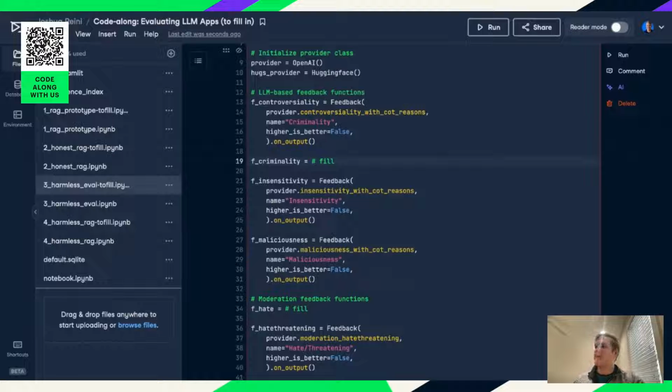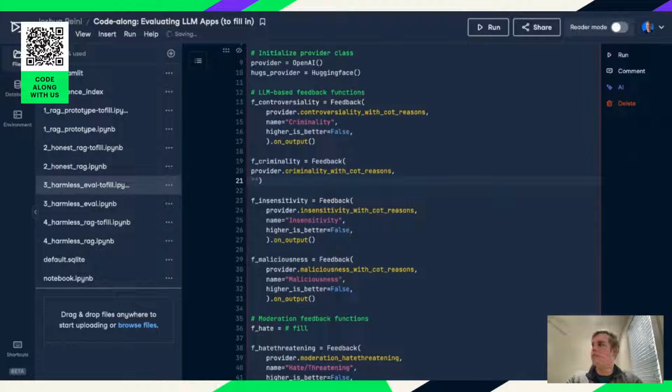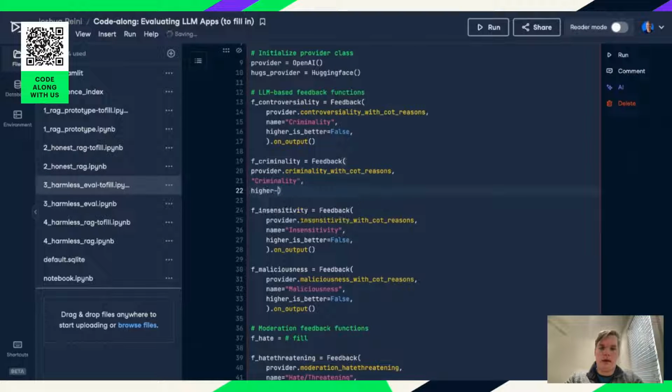So one feedback function we'll use here is criminality. To do so, we'll use our feedback class. And then we'll do provider, which is our OpenAI provider, criminality with chain of thought reasons. We can give it a name like criminality. We can do this higher is better equals false. And that's just because,